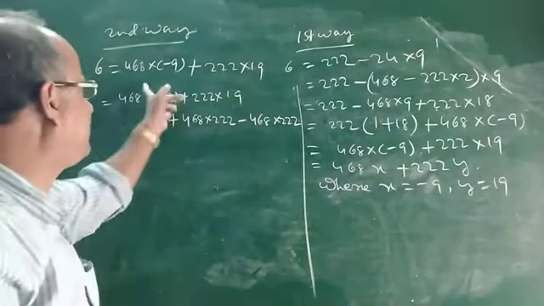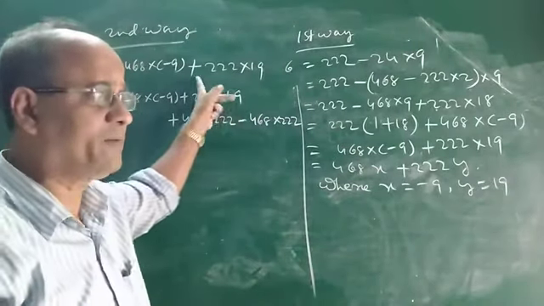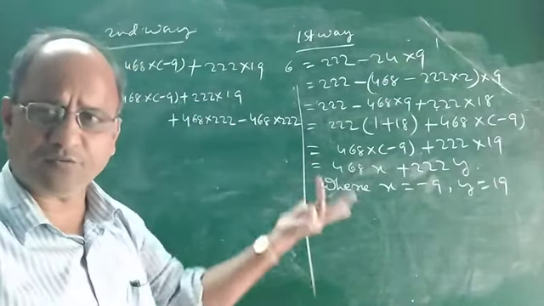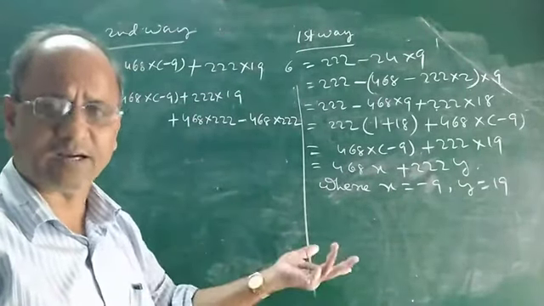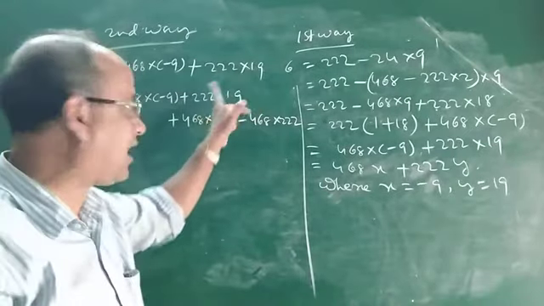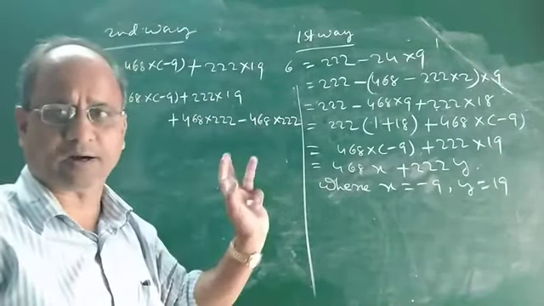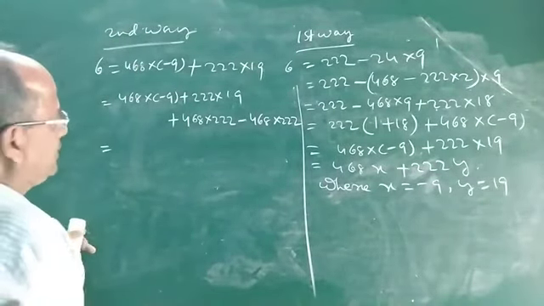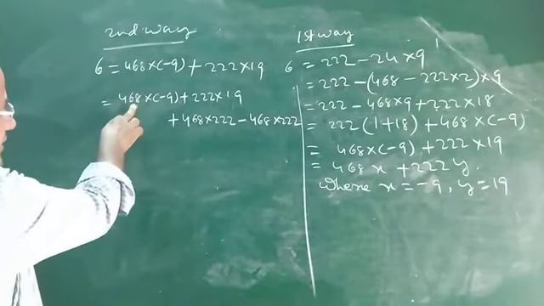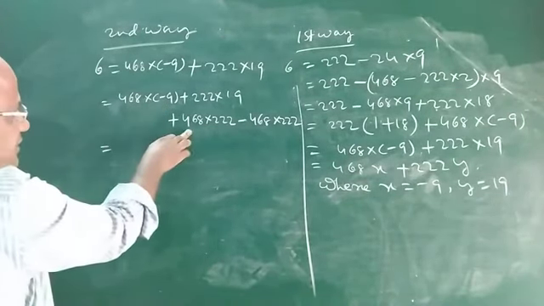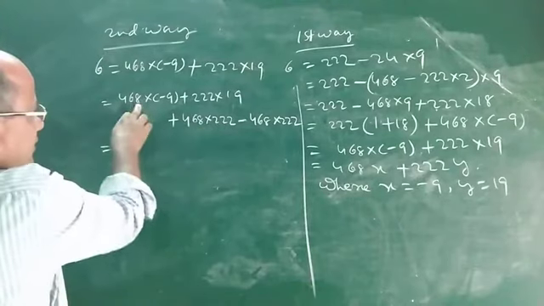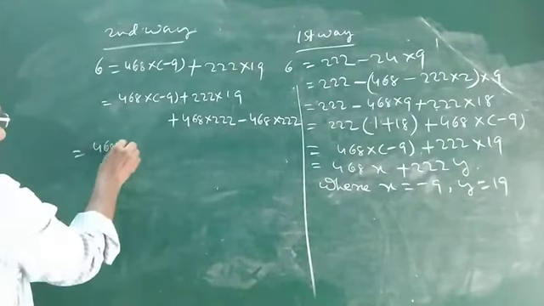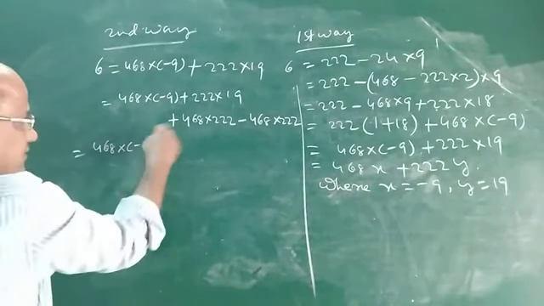That means this is the first way of expressing the HCF as a linear combination of the two given positive integers. Now in order to find the second way, you write the same and then you add the product of the two numbers and subtract the product of the two positive integers. Okay, then what will you do? Now this is 468 into minus 9, and here 468 into 222. If you regroup, rearrange these terms, 468 into minus 9 plus, rearrange.